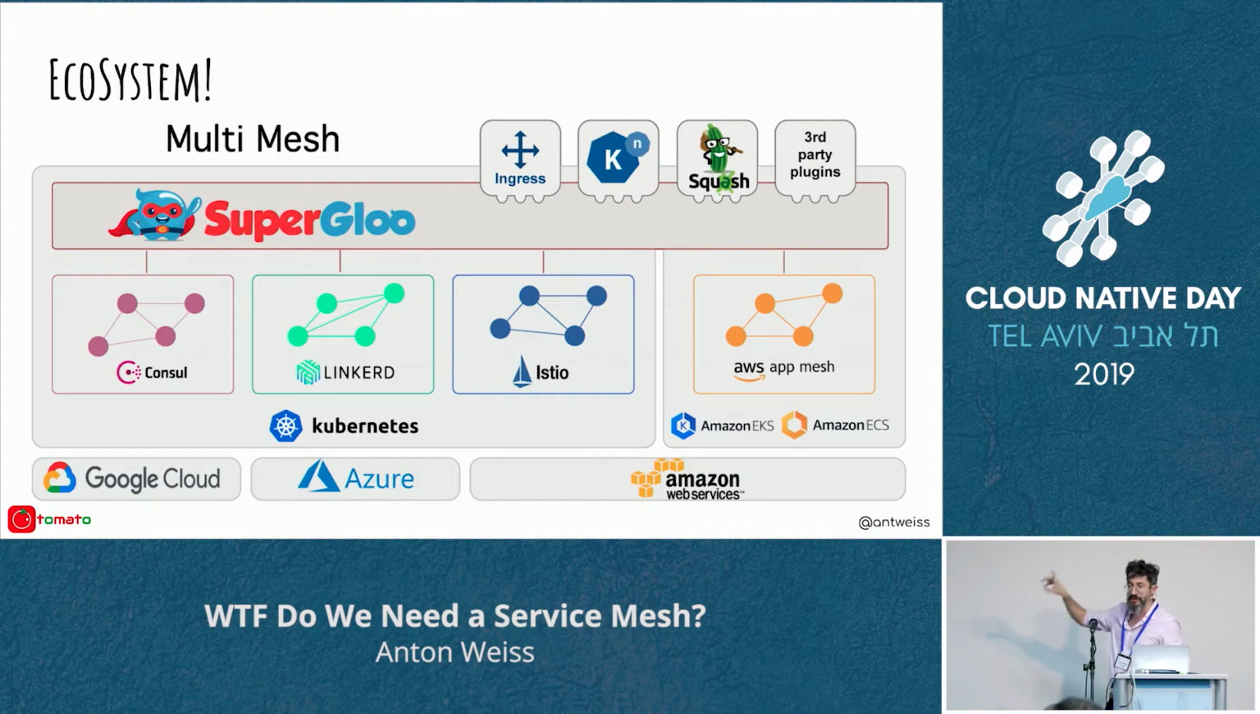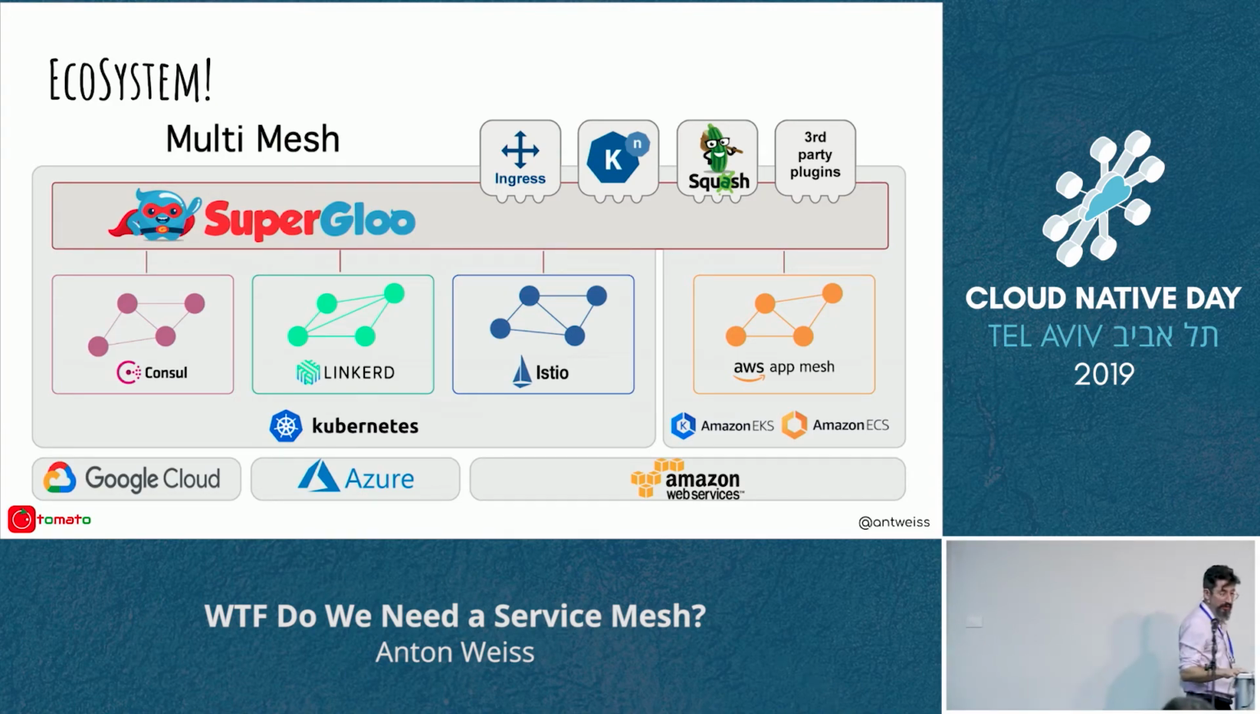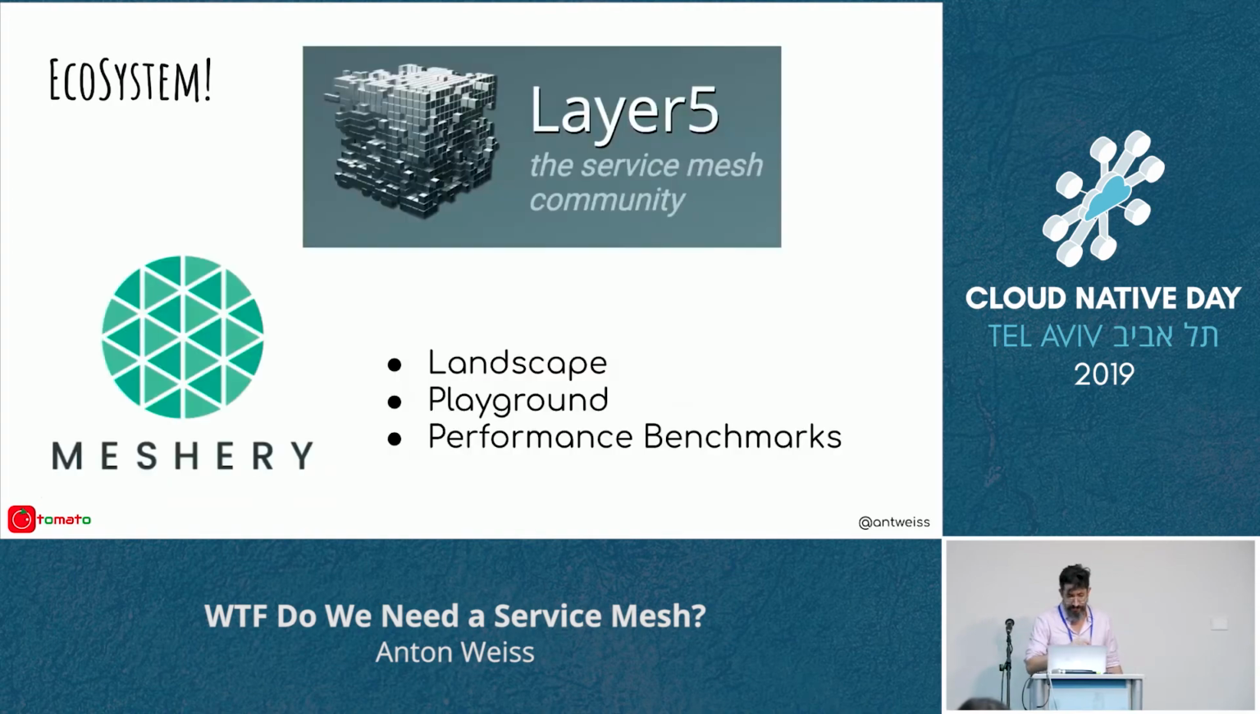The main of which is this project called SuperGloo, which provides something like a management plane for different service meshes, which allows us to install, configure, discover, and connect different service meshes. Currently, they support Consul, Linkerd, Istio, and AWS App Mesh, and they integrate with all the major cloud providers. And also this project,